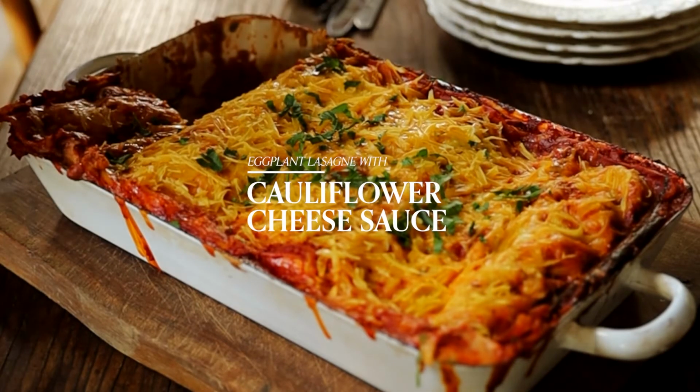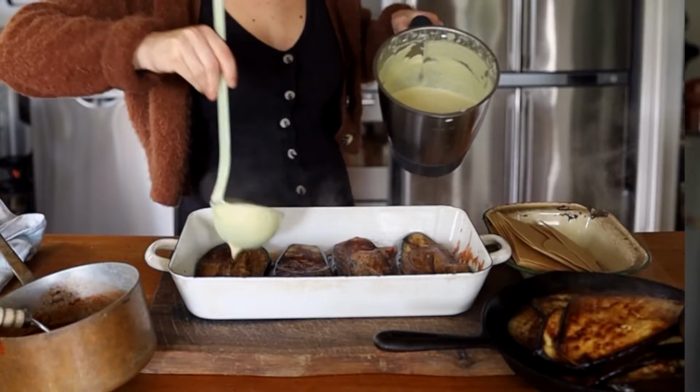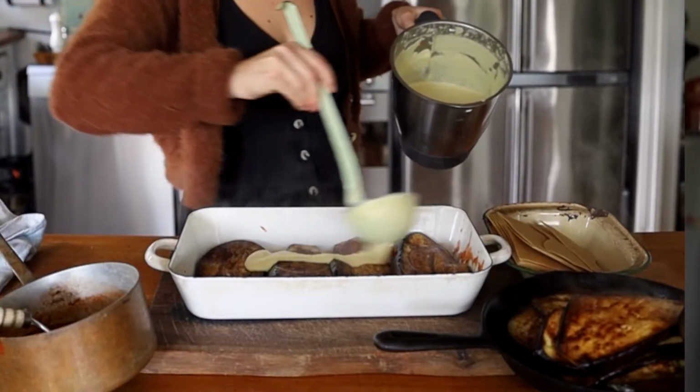Tonight there's a desert between us. We are going to make this fabulous cauliflower cheese sauce. So this is a great replacement for any time you would use a bechamel sauce, such as the lasagna we're going to make today. So I'm going to put into a really good blender plenty of well steamed or boiled